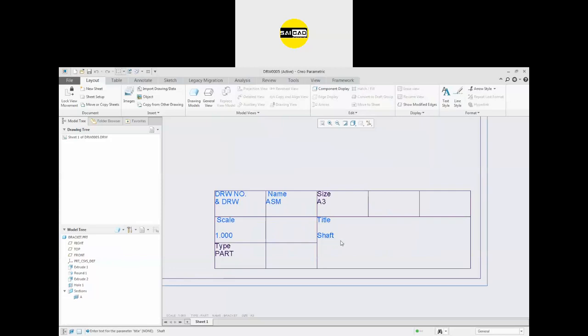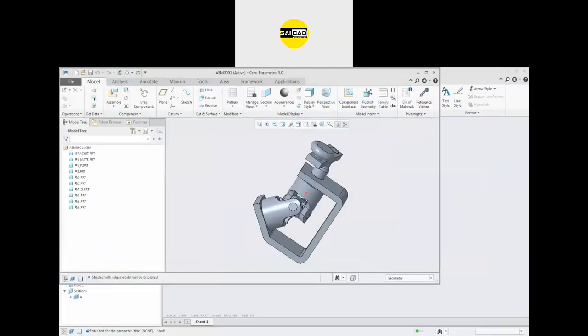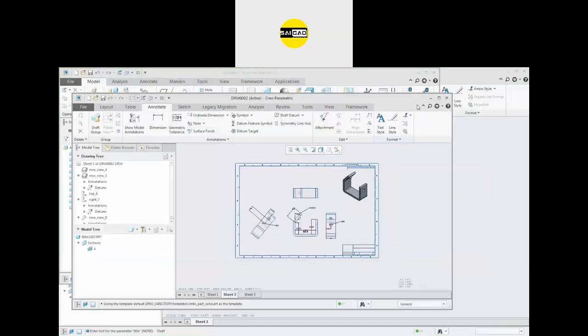Move them a little bit here and there so that you will be able to create a perfect table. So in this way you can create your table and you can now create the drawings you want. So when you are done with the drafting, when you are done with the drawings, we have created all the sheets like this one.